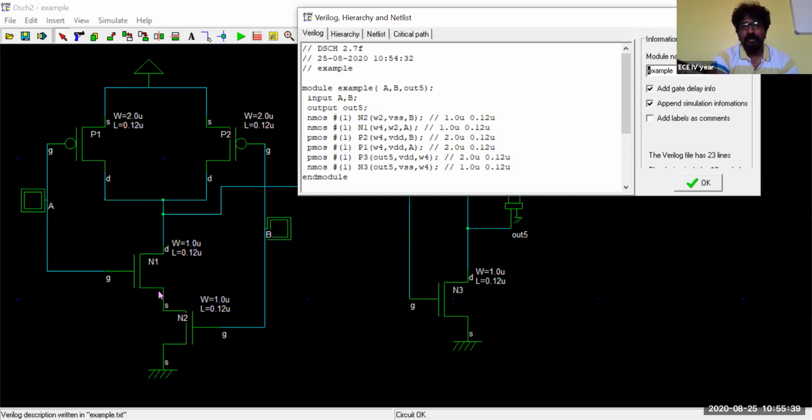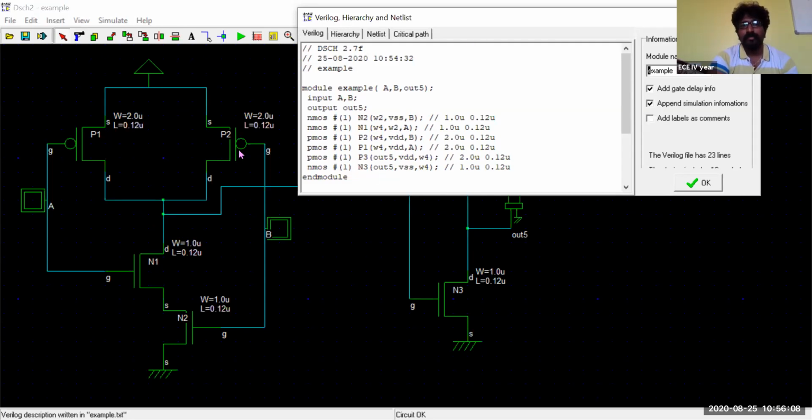Here we have directly incorporated both these transistors. So it is wire 1 to wire 2, and again for N1. For N1, what are the inputs? The input A will be the input for N1. Again, the output will be this one, that's wire 4. It has taken this particular one, which goes as an input to the inverter, and the other input will be wire 2. So it is W4, W2, and A, where W means wire.